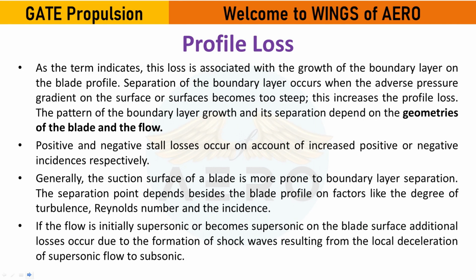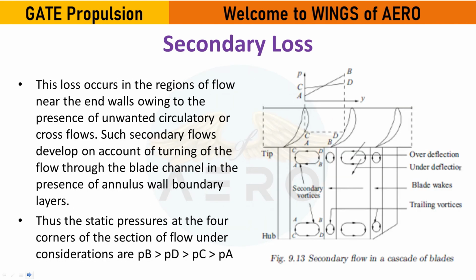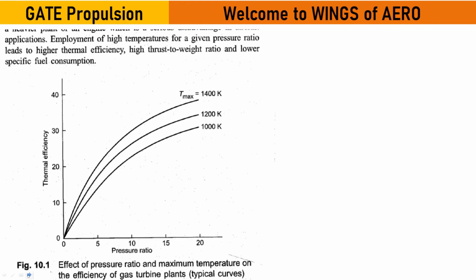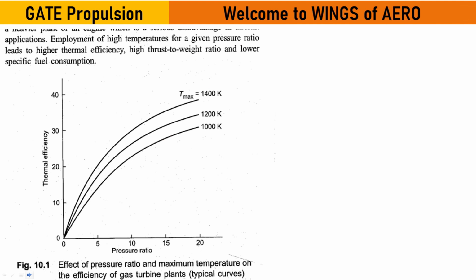So again the same thing: the profile losses, the annular loss, the reason for secondary losses. So please focus and learn what these losses are. Tip losses are also there. I think I missed that slide. Tip losses are also there. So there are reasons for the losses, and how to enrich the performance, right? So here is another important performance aspect that they can optimize or find out.